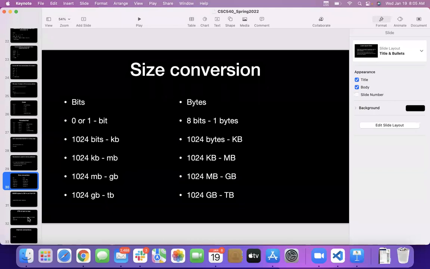So just like in real life, you can say something weighs so many pounds, or so many kilograms, or so many ounces, things like that. These all mean the same thing. They're just different ways of expressing the same thing. The same thing is true here with our size conversion stuff. And I think it's important for technologists to understand and appreciate those differences, and also listen to the nuance. I think I mentioned last class,